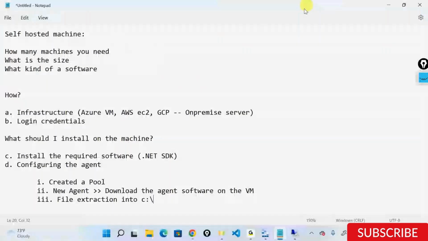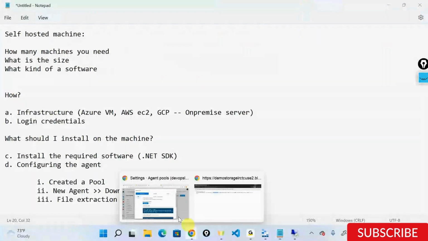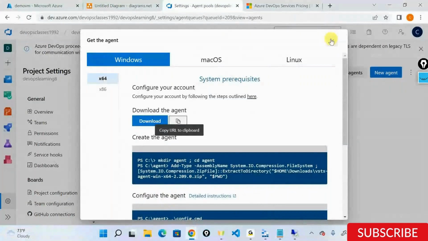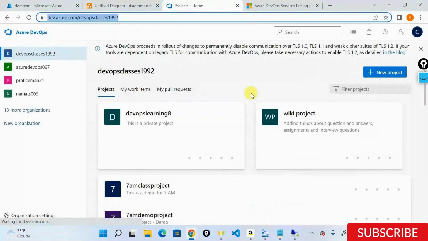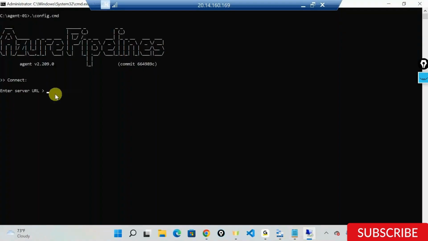If I come back here into my DevOps portal, that's the URL of my server, or that's the URL of my Azure DevOps. Just dev.azure.com/DevOpsClasses1992. I'll just copy this out. Back, paste this out here. Done. I pasted my server URL. I'll say enter. Now it's telling enter the type of authentication. Very importantly, guys,